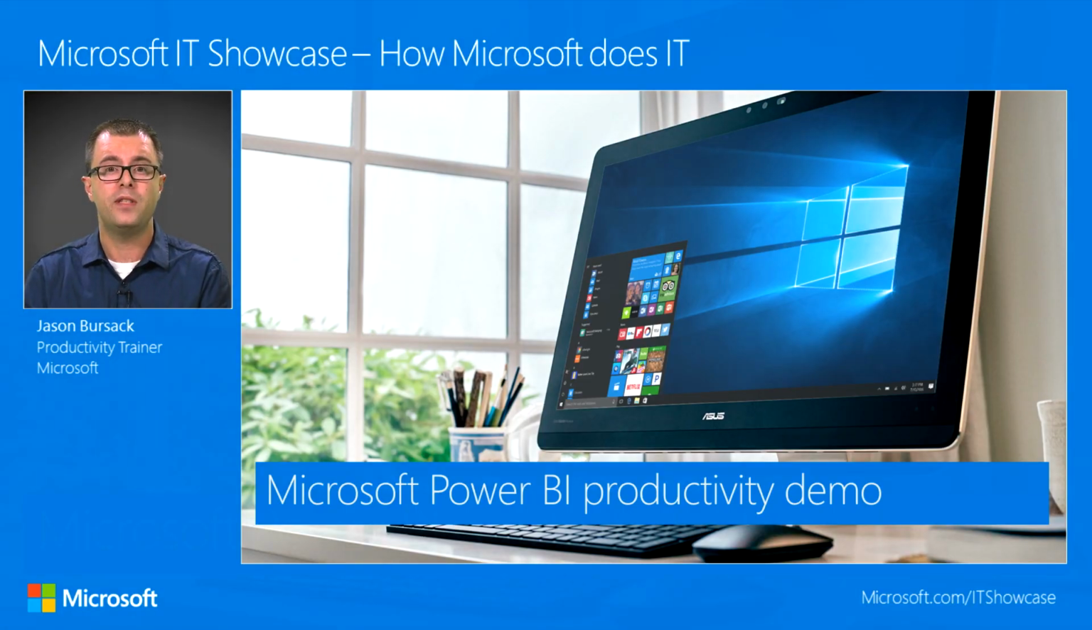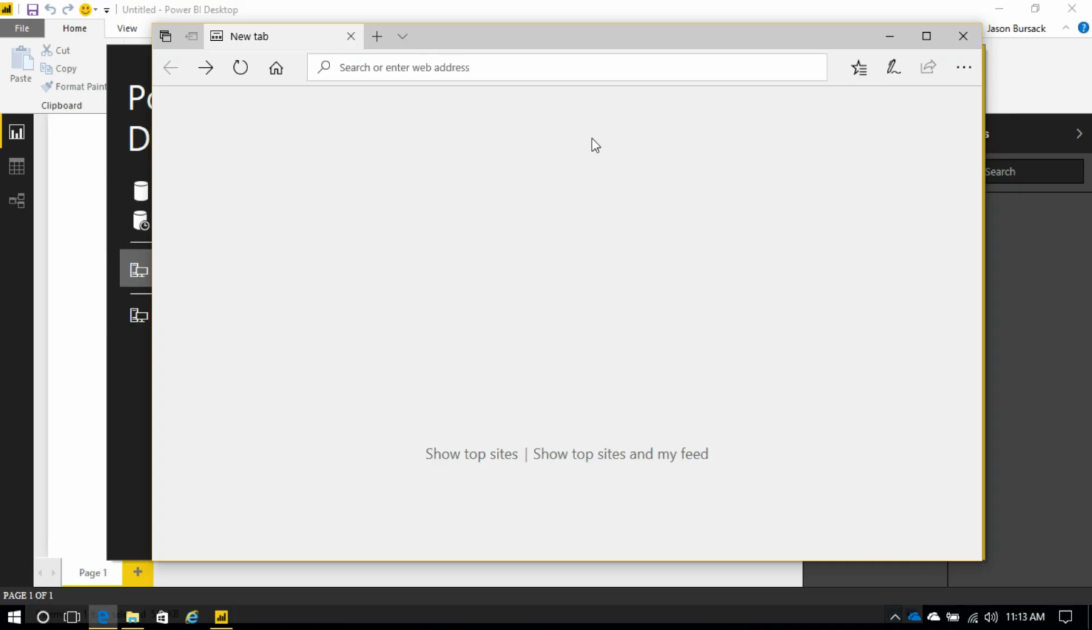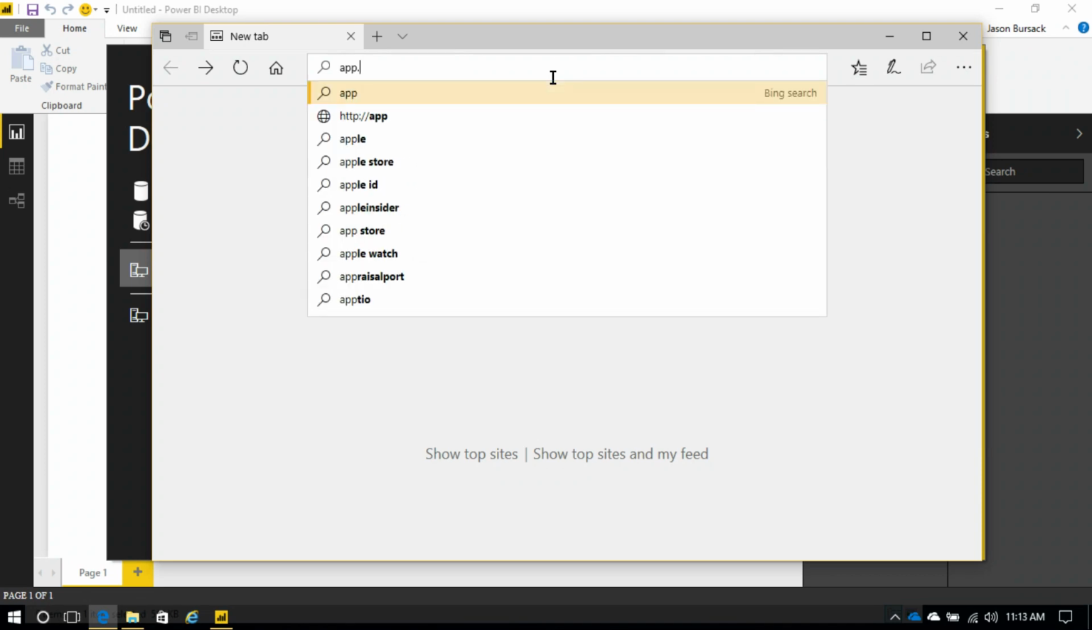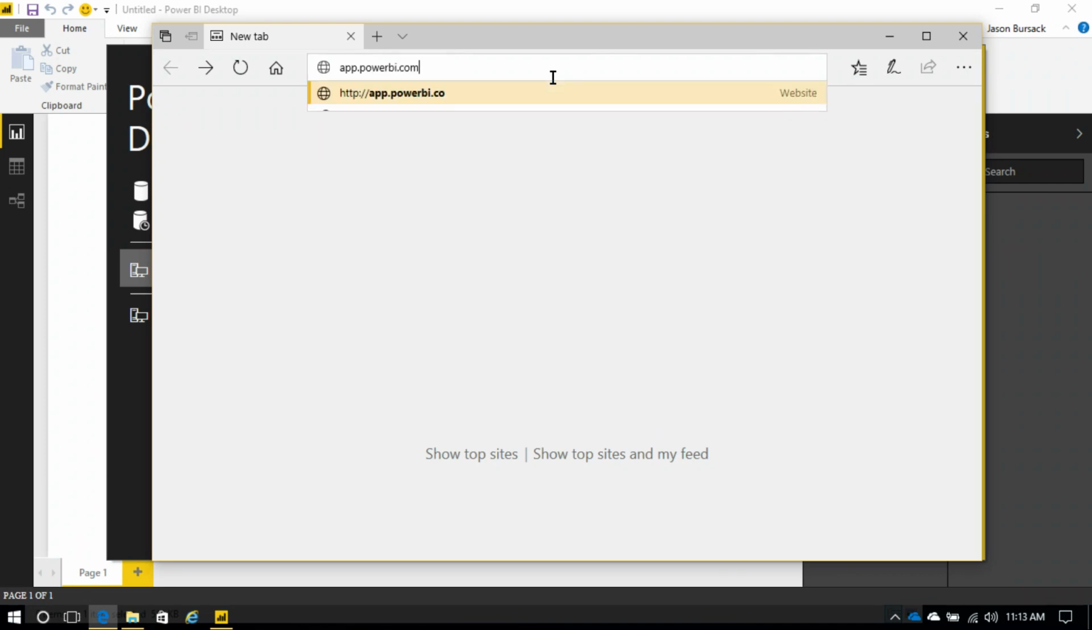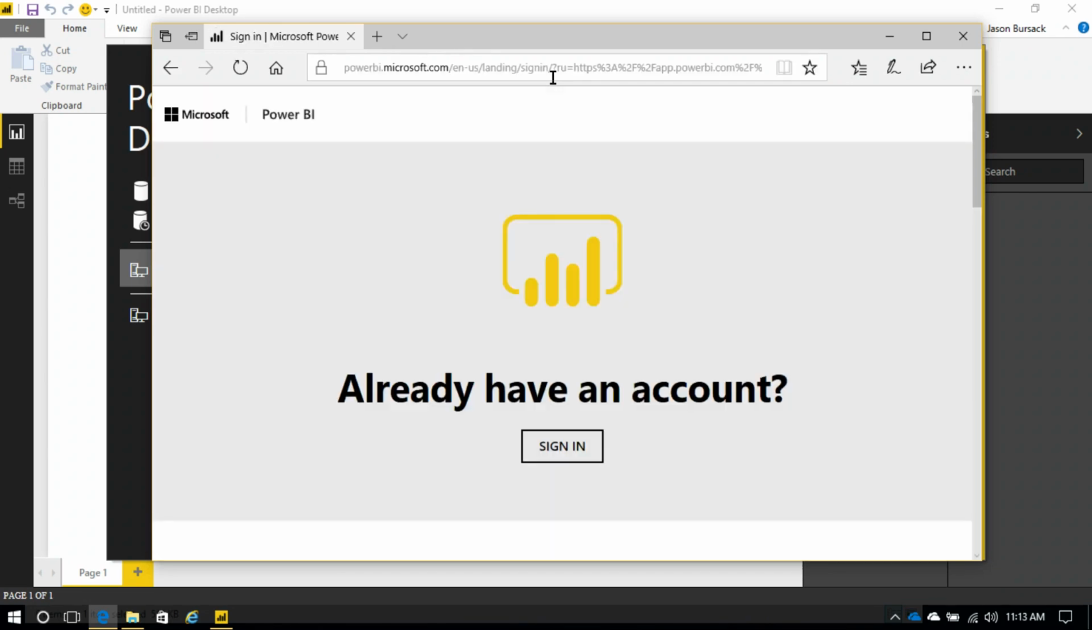Okay, now we'll be going into a demo. Okay, so we're going to do a demo for Power BI, and we're going to start by showing you how to download the application. We'll just go to app.powerbi.com, and this will take you to your organization's site. You'll have to sign in,